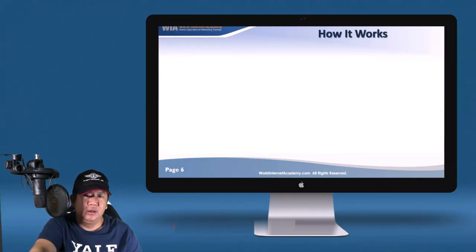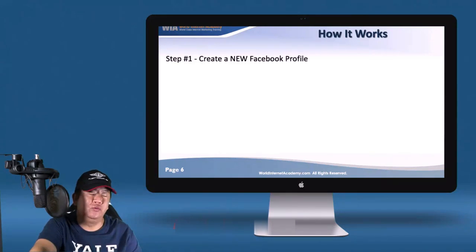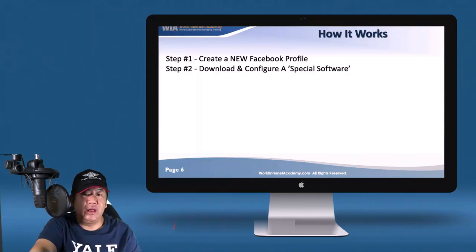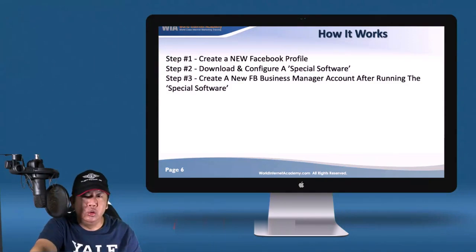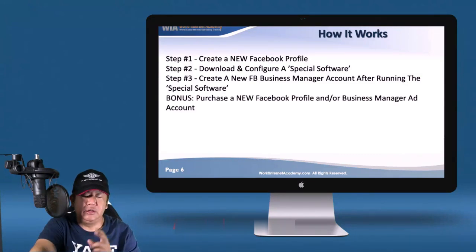How it works: step 1, you're going to have to create a new Facebook profile for reasons explained to you earlier. Step number 2, download and configure that special software. Step number 3, create a new Facebook Manager account after running the special software on your computer. I'm going to give you 2 bonus subtopics. Number 1, for those of you who are unable for whatever reason to create a new Facebook profile, or don't want to,